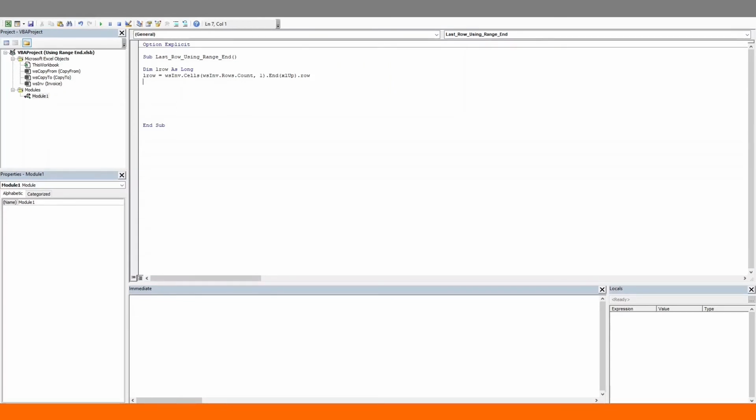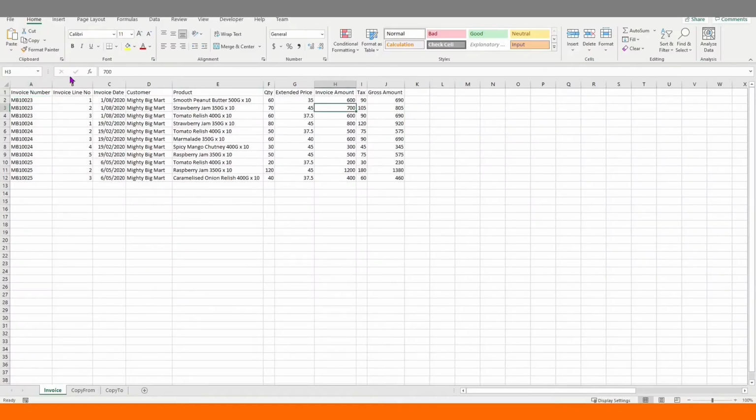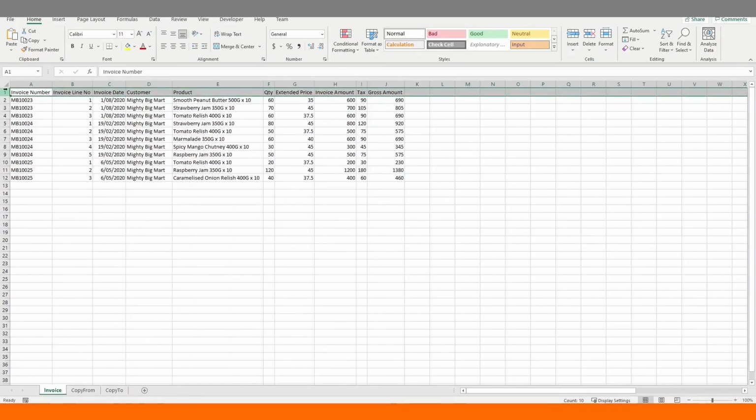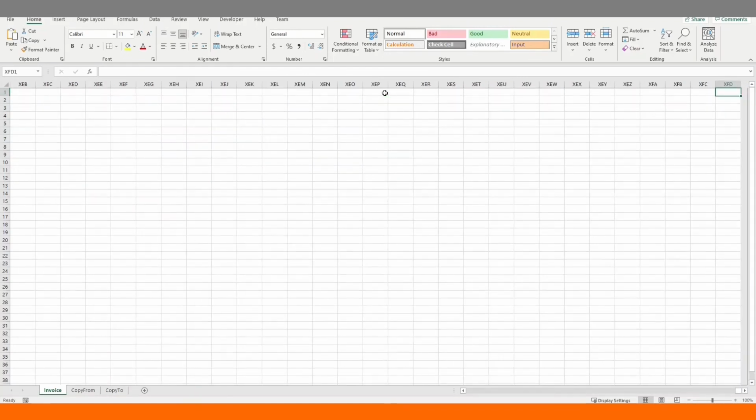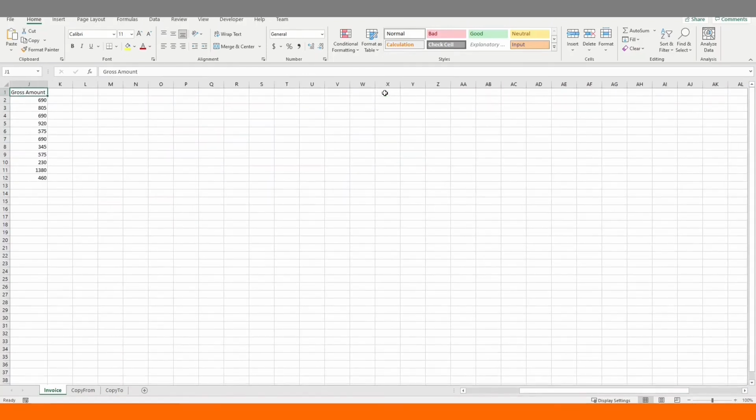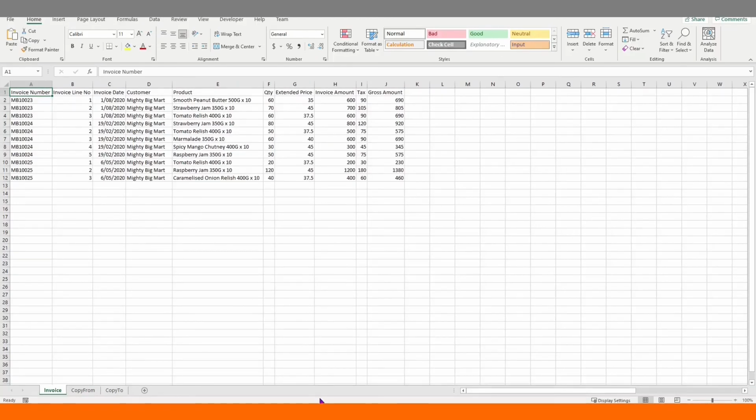Now, for this example, we need to find the last column as well. Let's do that. So let's dim a variable for the last column. So this time, we are going to look in row 1 and we're going to go to the very last column and control left to find our last used column, which is column J. Let's do that through VBA code.